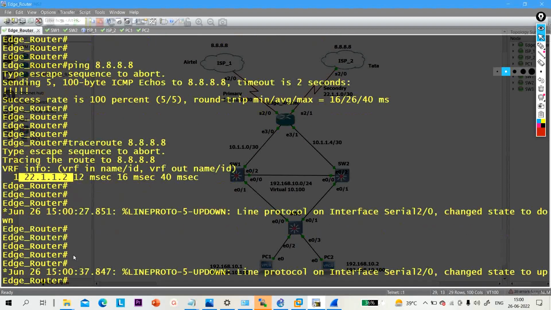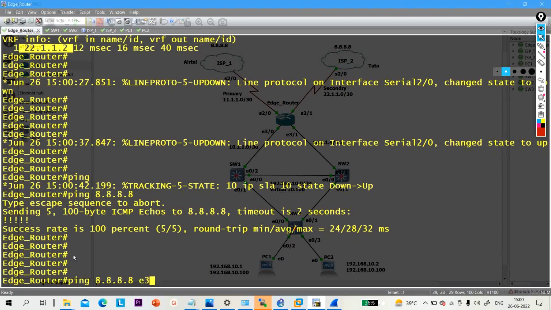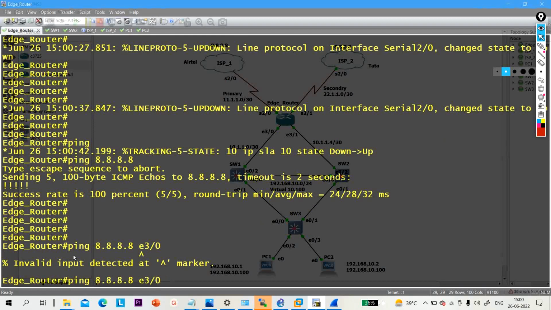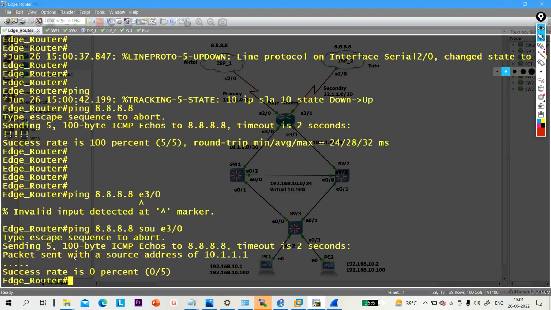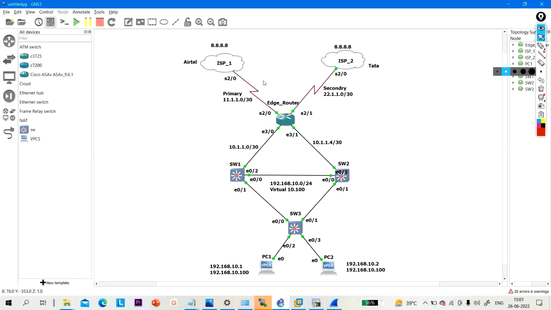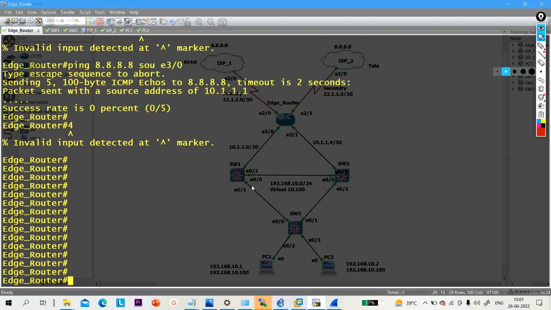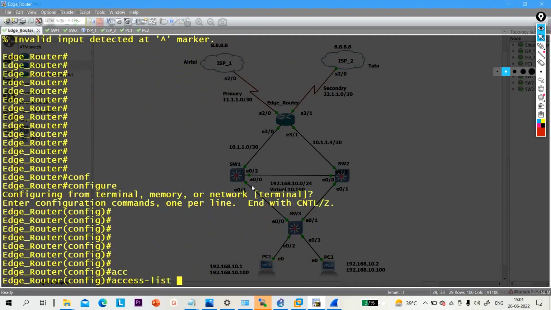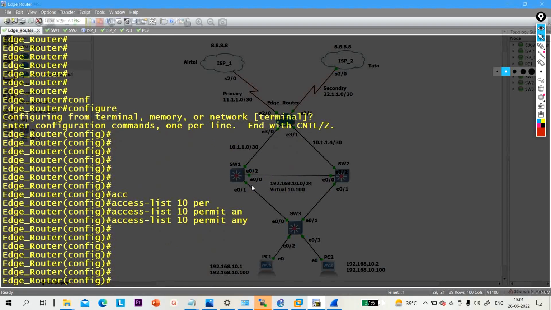Fine. Now we need to create PAT, because I am able to ping 8.8.8.8, but am I able to ping 8.8.8.8 from my LAN interface, from Ethernet 3/0, from this source? No, I am not able to ping 8.8.8.8 from the LAN interface. So here we need to configure PAT, right? That will translate private into public and public into private. And we need failover as well, right? Because when the primary link goes down, my traffic will shift to the secondary link. So we will configure PAT with the help of a route map and ACL as well. So first of all, let me configure access-list 10 permit any. Fine. After that, route map,